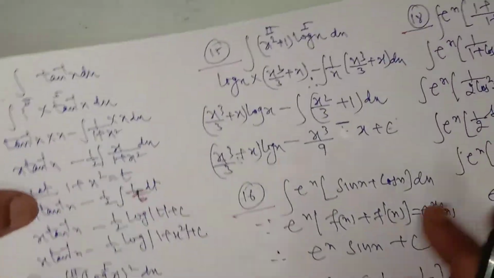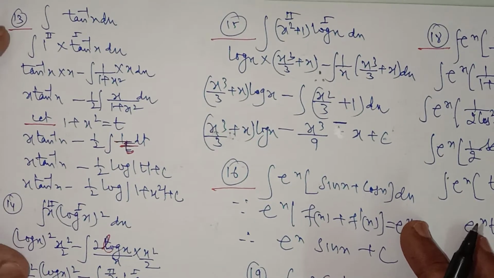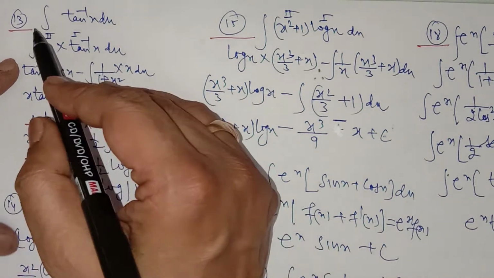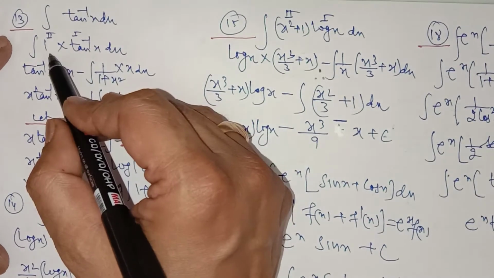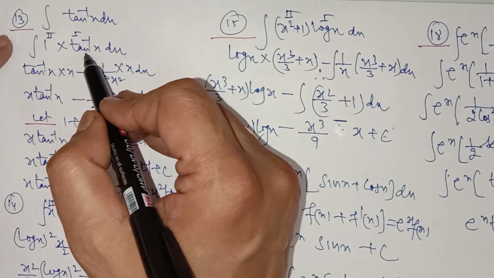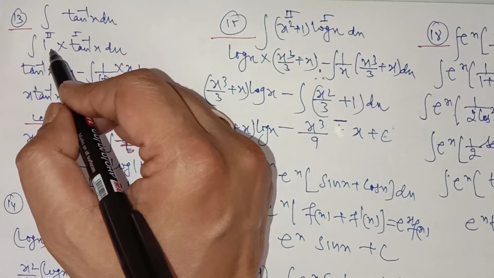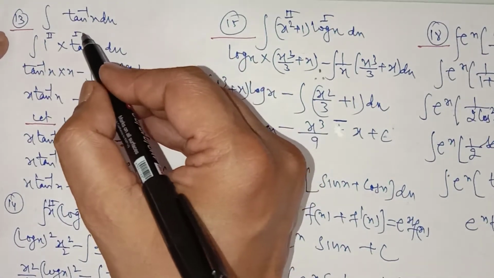Similarly, you have to find the integral of tan inverse x, cos inverse x, or sin inverse x. You have to multiply it by 1 and integrate by parts. So question number 13, we have tan inverse x, so multiply it with 1. This is algebraic and inverse, so you have to take the inverse trigonometric function as the first function, and the algebraic function as the second. So using integration by parts,